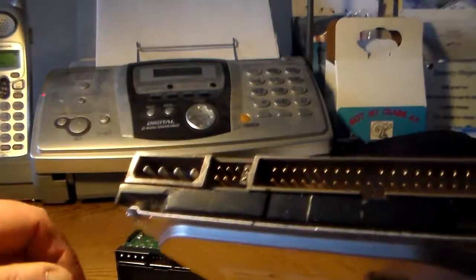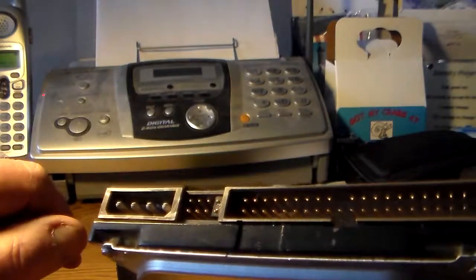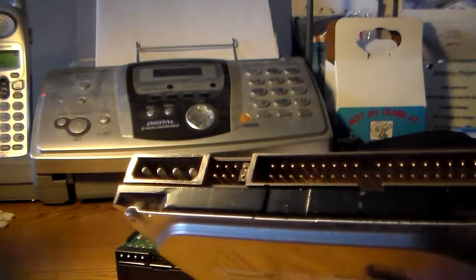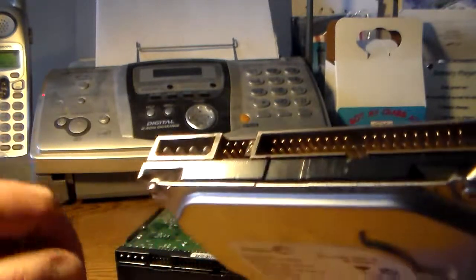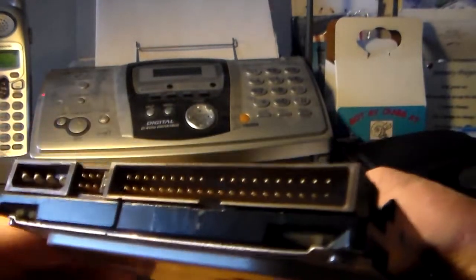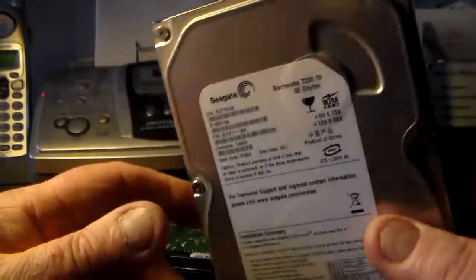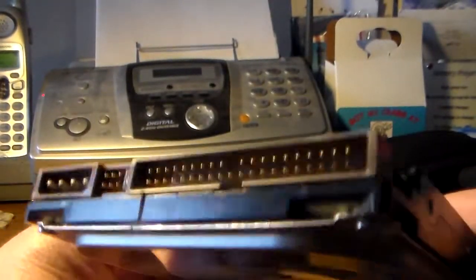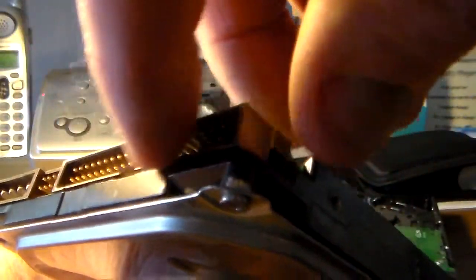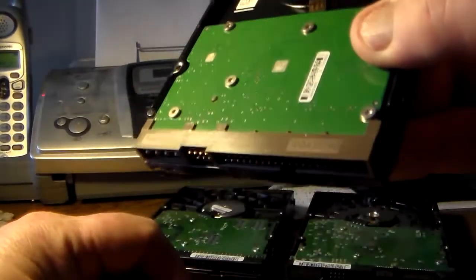There's 2 different systems that drives communicate with the computer: SATA and PATA, also known as IDE. So IDE and PATA are the same thing. They're the older models, and this is one of them. And you can very easily identify them. Sometimes they say on them what they are, sometimes they don't. So you look at the connection here, and you'll see this long strip of pins. If you look at it from this direction, you don't see the pins at all. This one